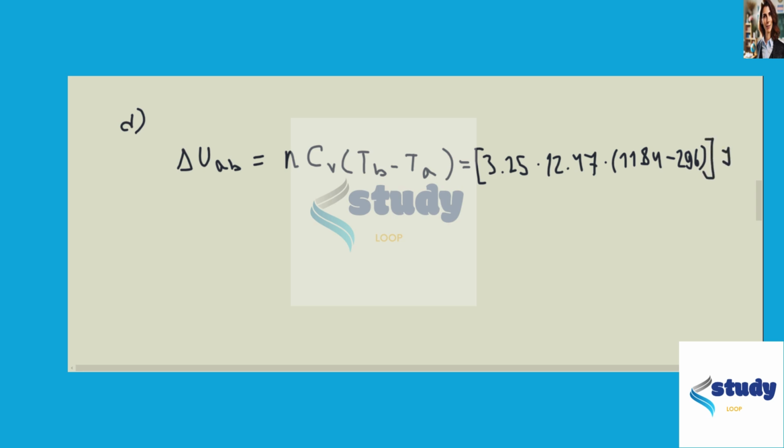This will be in joules, and the final value will be delta U_AB equals 36 kilojoules. And for the internal energy change from B to C, we know this will happen under constant volume as well,